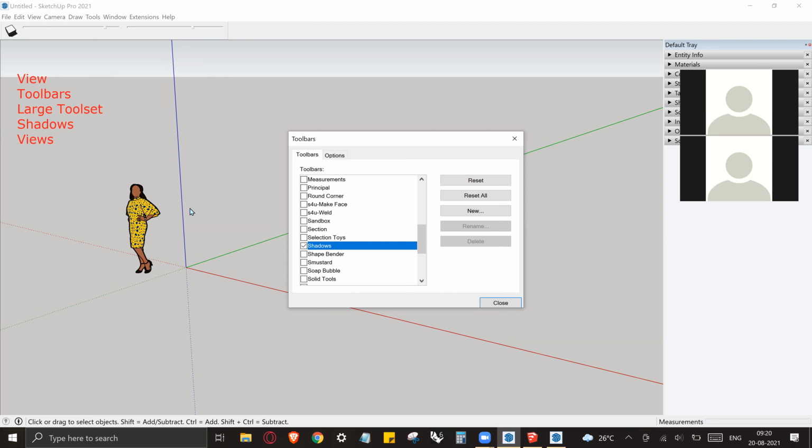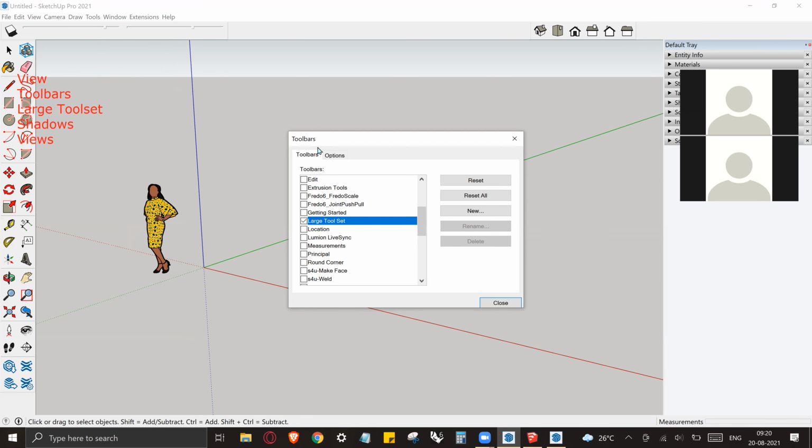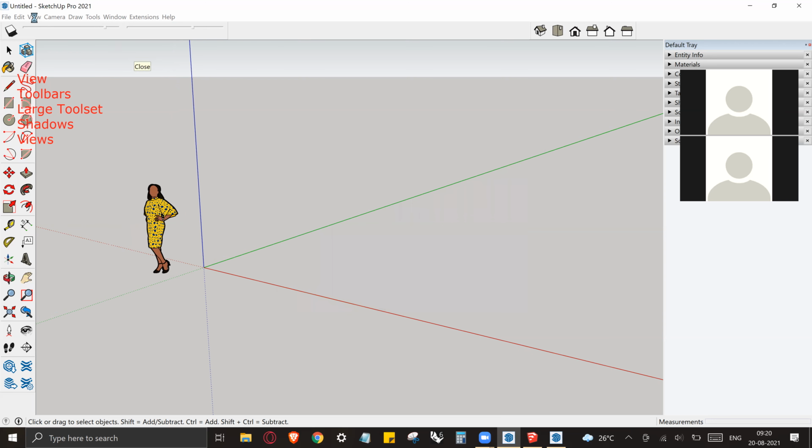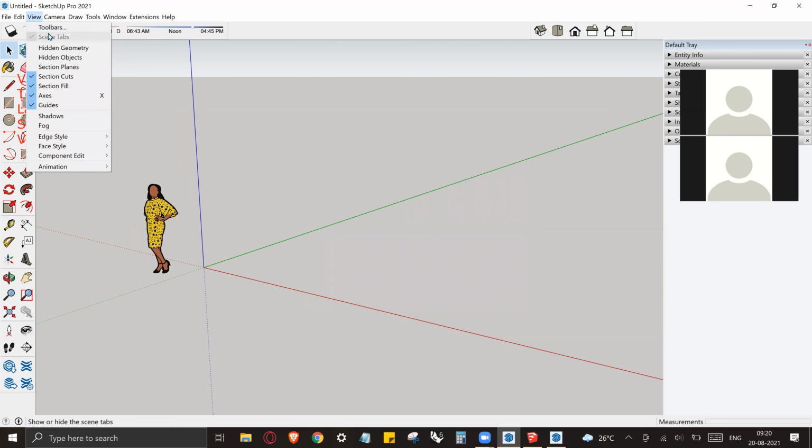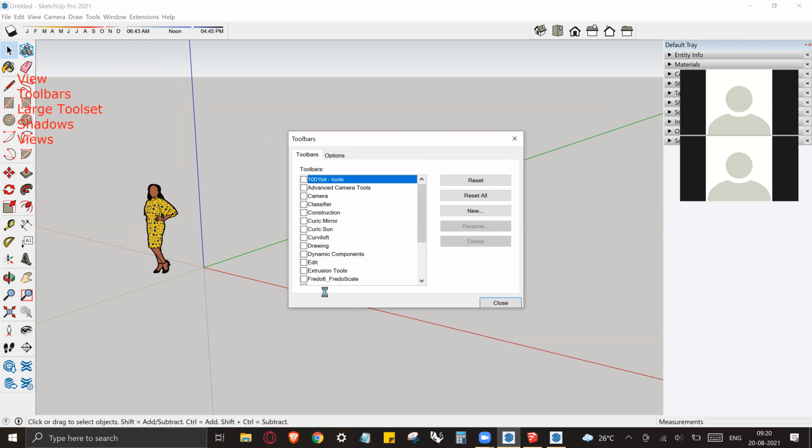All right. After this, you also have to turn on your views also. We're going to come up here, turn on views, and you see immediately it shows up here. Then let's come up to the section for L and turn on your large tool set. And now you see you have this window right here. I'll repeat this again, guys. All you have to do is come up to view, go to toolbars, and in toolbars, everything is lined alphabetically. Okay, you can go ahead, turn on your large tool set as well as your shadows and also your views,